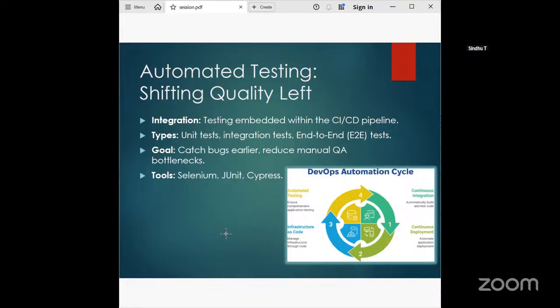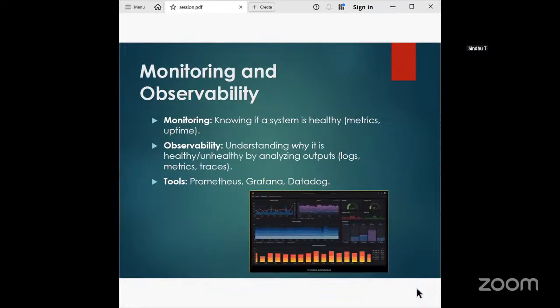Next we'll see monitoring and observability: knowing what's happening in production in real time. So we have to monitor. If we simply deploy and release the product and skip monitoring, the quality will get reduced. Once the application is in production, we need to know how it's performing in real time. We can't simply host the website or application and sit idle, right? So we have to monitor and have observability.